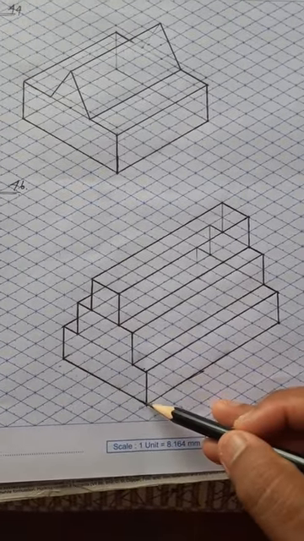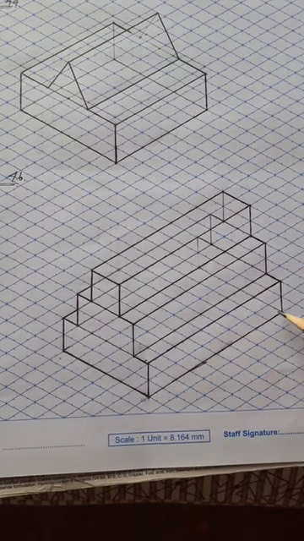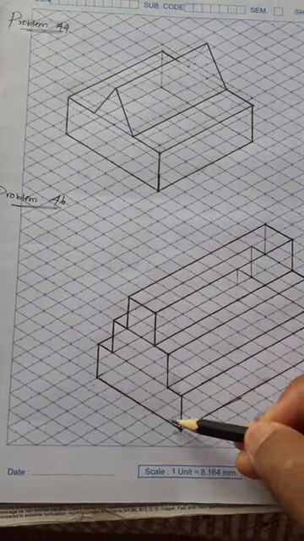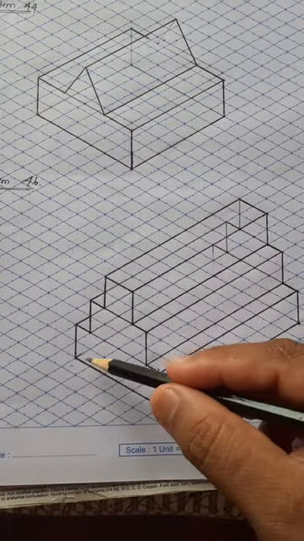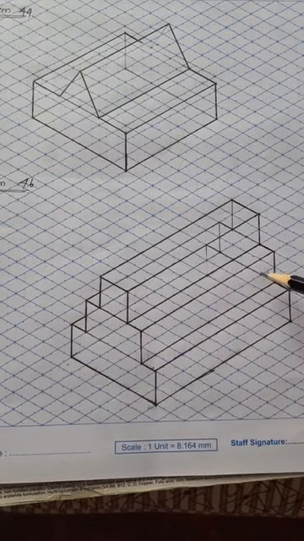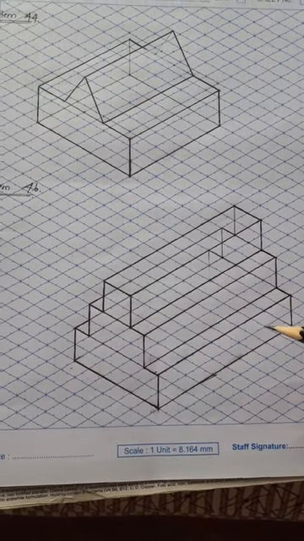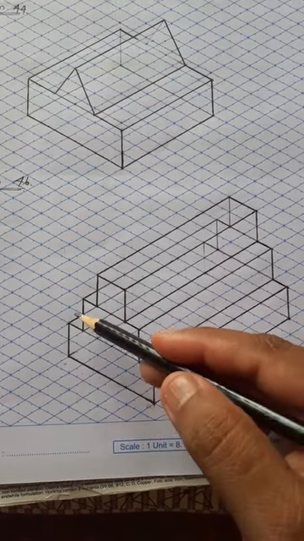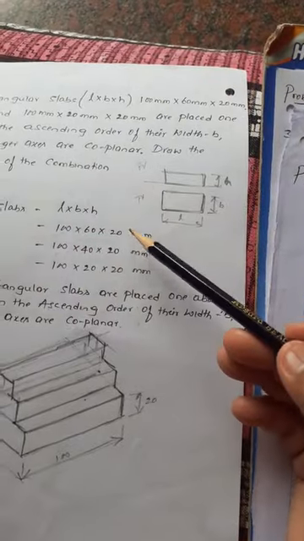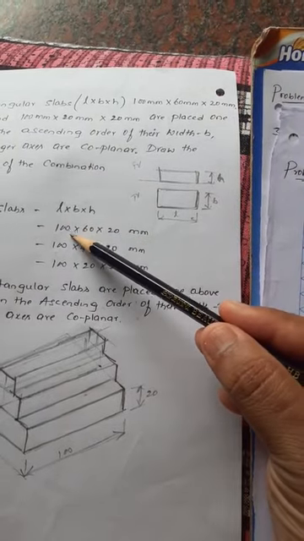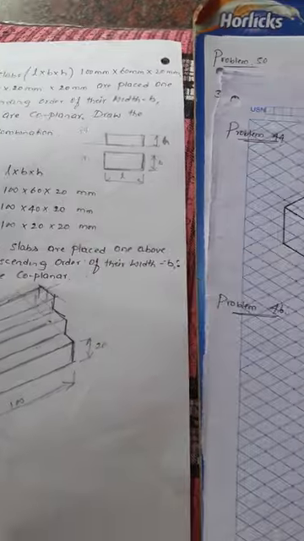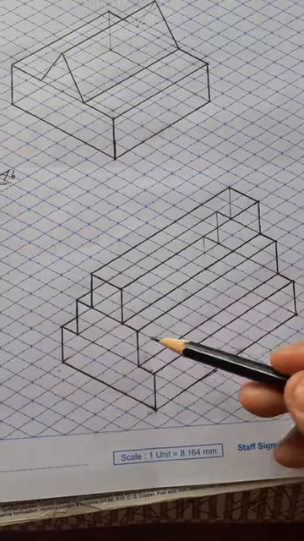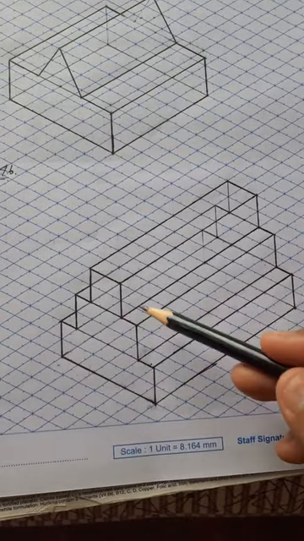the isometric projection, taking a corner. Now what is the length here? That is 100 mm, drawn at 30 degrees. Breadth is shown at 150 degrees, that is 60 mm. Then draw this rectangular box, the bottom face of the first rectangular slab. Then from each corner draw a vertical line. Along the vertical line, what thickness is given? Length is 100 mm, breadth is 60 mm, thickness is 20 mm. From here measure 20 mm vertically. Then you will get the first rectangular slab.